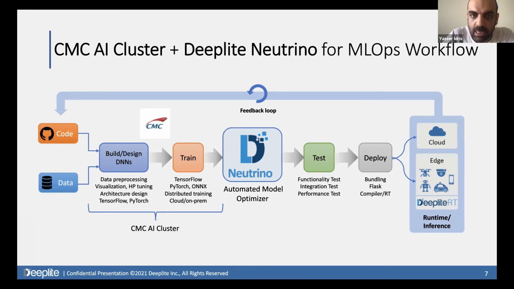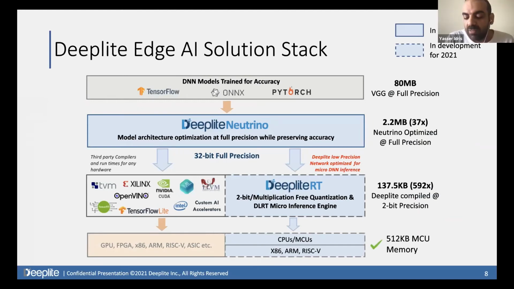The only difference is it's a lightweight version of this model. It's an optimized model. And as Davis mentioned, by optimized, we mean optimized for size, basically compressed, or for latency. So it's a lot faster to run inference on for edge devices or in the cloud. And to give you a more high-level architecture of where we fit into the deep learning stack, Neutrino is basically what we call